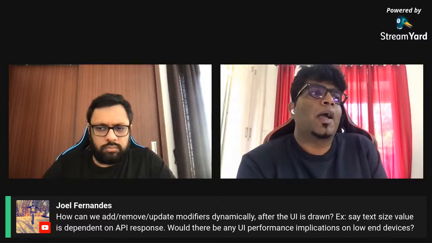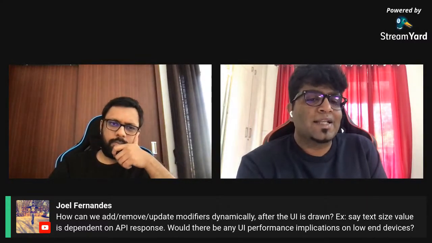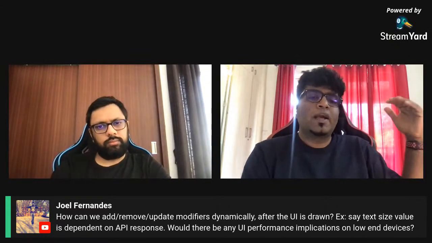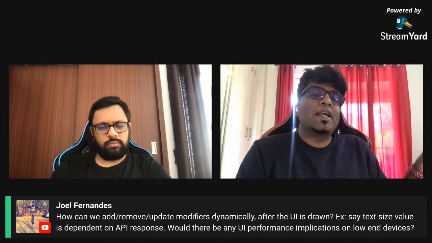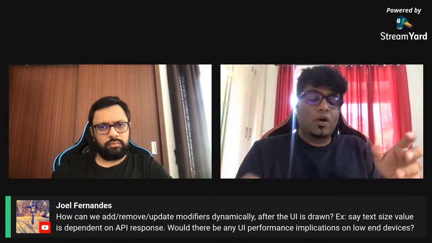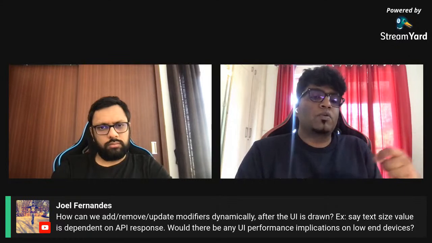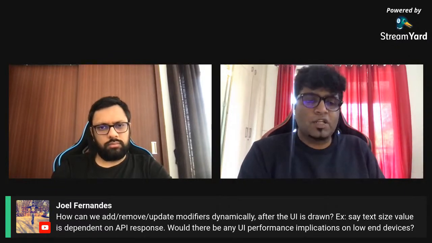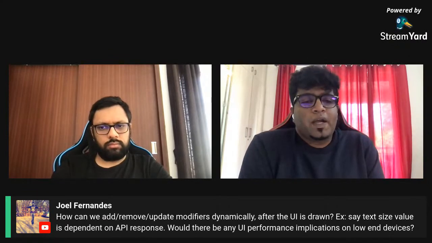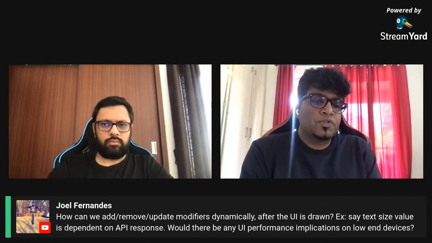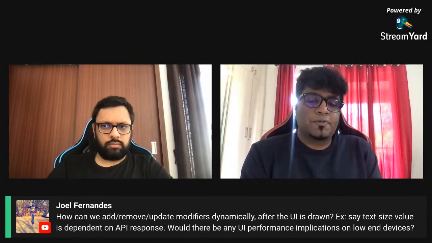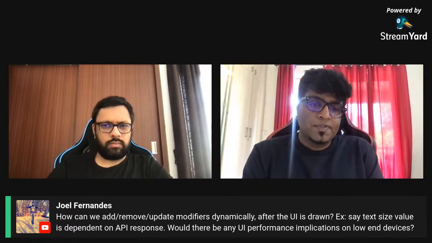Good question. So if your text size is dependent on a data source, as you saw, there was a text composable where I was defining the size, right? As long as you convert the response into the size it expects, I think it's a text unit, right? And you convert that into an SP, it should be fine. Just observe your data source, get the result from it, and convert it to an SP, and it should take it just fine. As far as the UI performance is concerned,